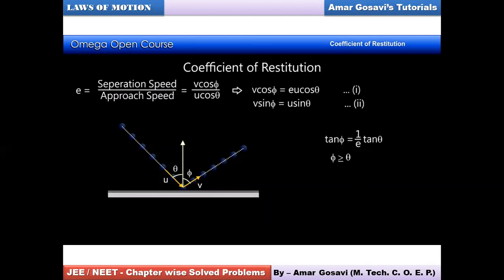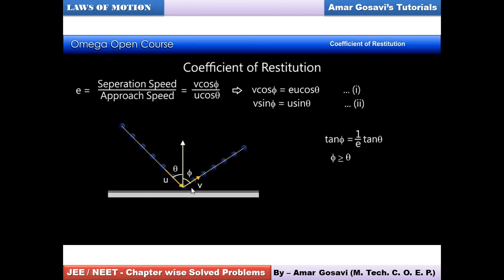Okay, such kind of collision. Now when I shuffle this, v cos phi would be equal to e multiplied by u cos theta. This is, say, equation 1. So just like the vertical components were equated, the horizontal component will be u sin theta, and the horizontal component for v will be v sin phi as per our principle of resolution.